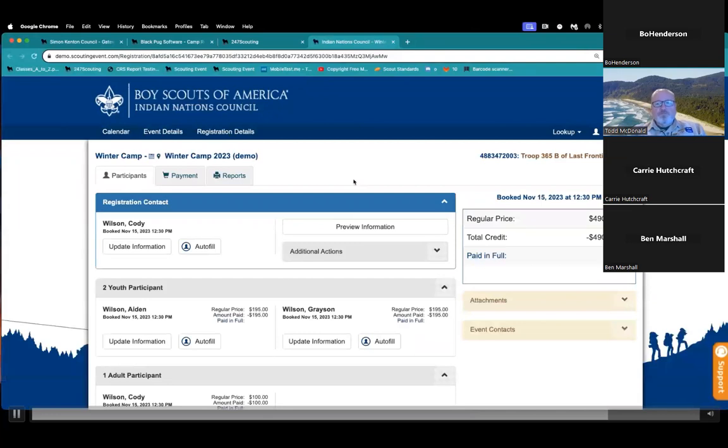Depending on the event, sometimes you're going to do this registration. You're going to pick your classes during the registration process when you're initially putting in your names and stuff like that. Other times, if it's an event like summer camp or something like that, you may already be registered, which is kind of what we have right now. And now you're going to come back in and you're going to select classes for these attendees.